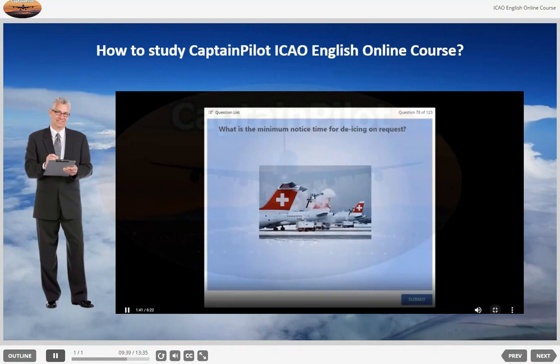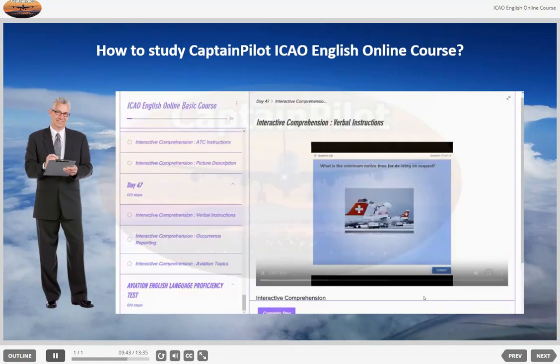What is the minimum notice time for de-icing on request? What is the radio frequency for de-icing coordination? What are the de-icing procedures available at Zurich Airport?